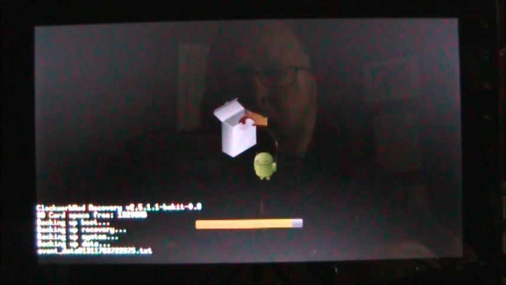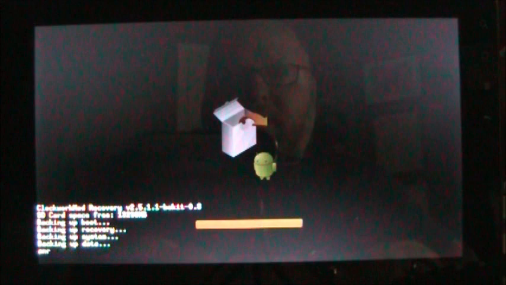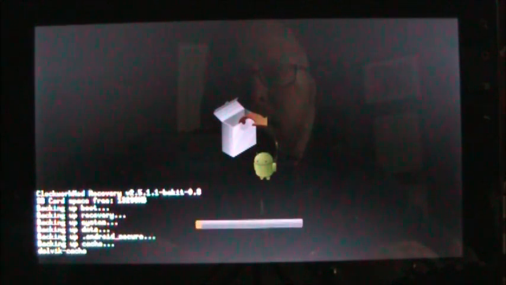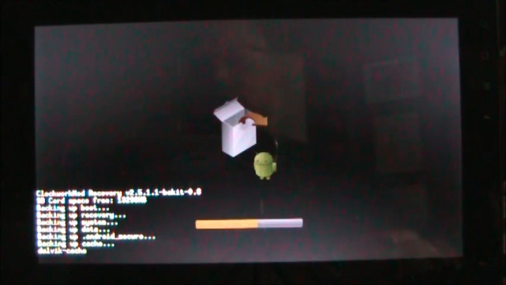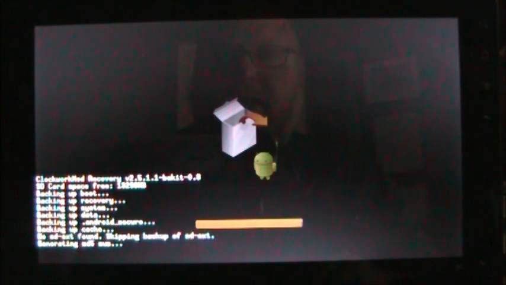And then as soon as the backup is done, well, see, I said that, and look at that. It just all of a sudden speeds right up at the end there. Now it's backing up the cache. And as soon as it's done with that, then what we're going to do is we're going to go ahead and mount the gTablet as an external hard drive, so I can copy over the zip file and put it onto the gTablet, so that we could then go ahead and flash the gTablet with it. Once it's done with the MD5 sum here,